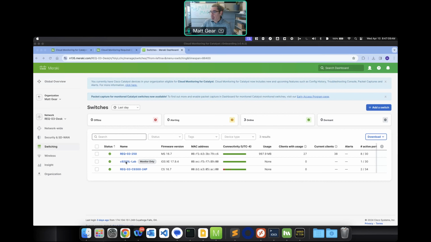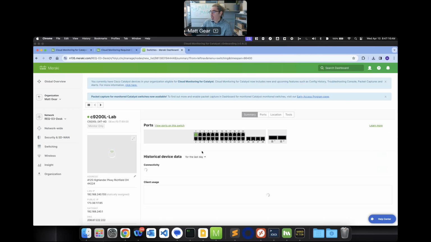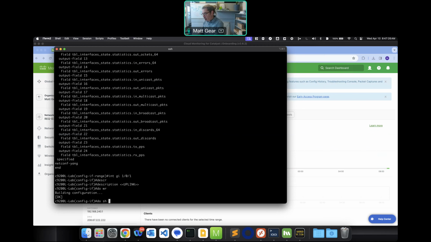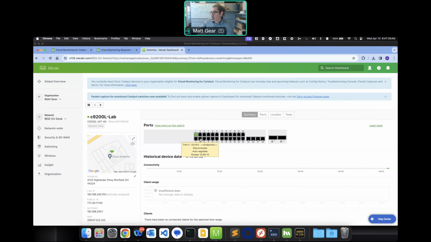So now if I look at this switch over here, I now see that it is fully online. And so we have our uplink port, and that is the only active port on this switch right now, right? But if we look at the configuration from this switch, for example, gigabit Ethernet 104, you can see that we have our configuration in here. It's a regular endpoint port, right? And if I go over to 104, you can see that it carried over all of that